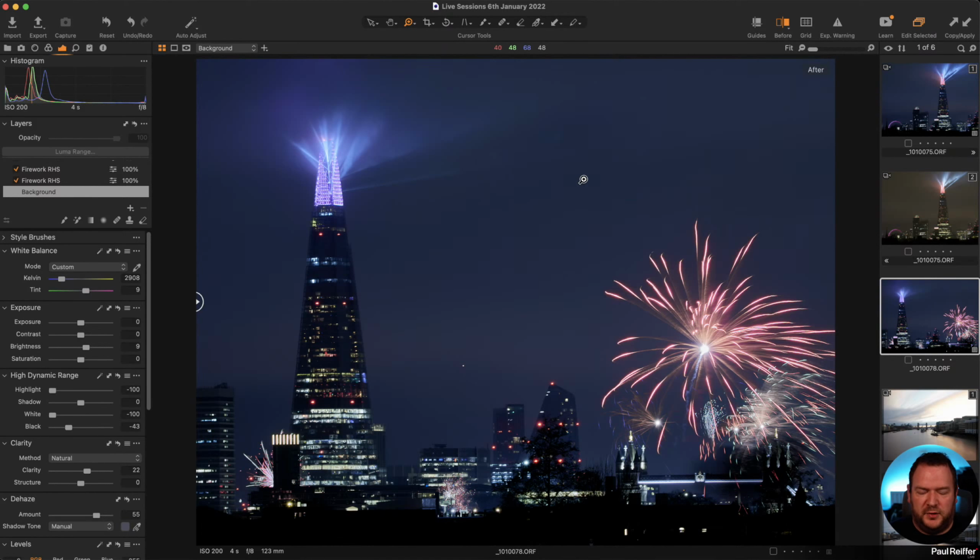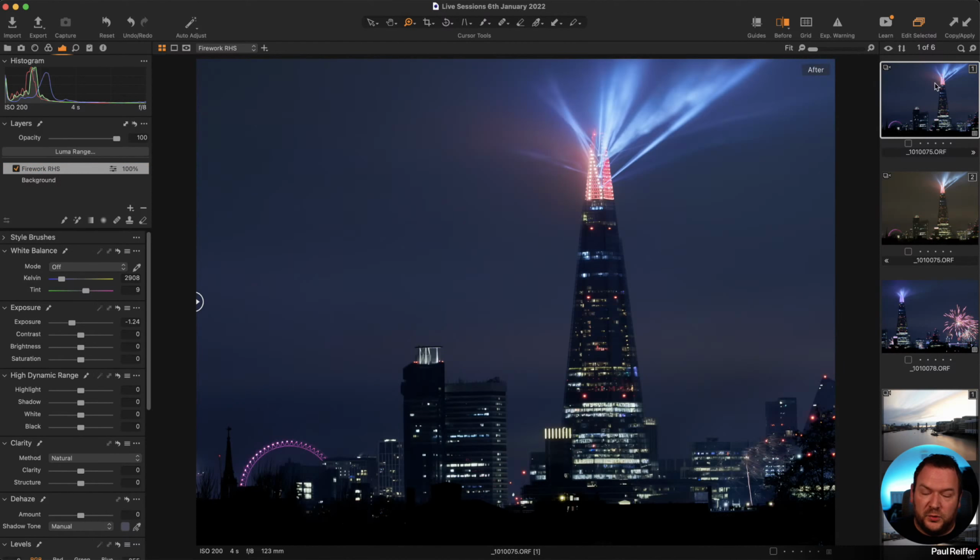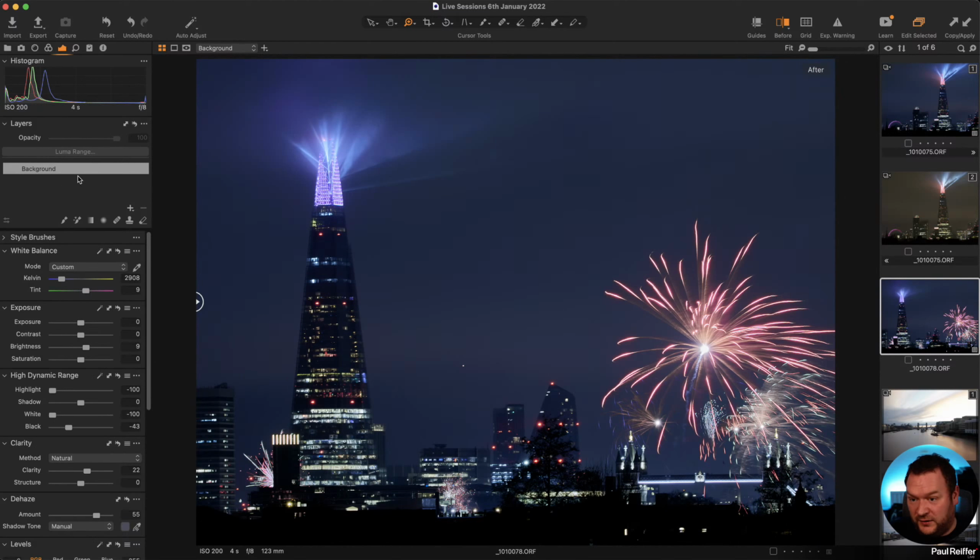Bear in mind, and this is something that I'm seeing people get tripped up on. If I make some changes to the picture or the image that I'm copying to, so applying the adjustments to, and then I reapply from the source, it's going to take everything from the source and reapply it to the adjustment. So in this case, take this example. I've deleted that layer because I don't need it on this shot. So let's just apply. So I copied from here. Apply it back to there. It's going to add that background or the firework layer back in again. It's going to keep adding layer after layer after layer every time I apply it.